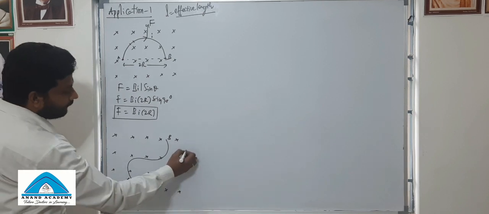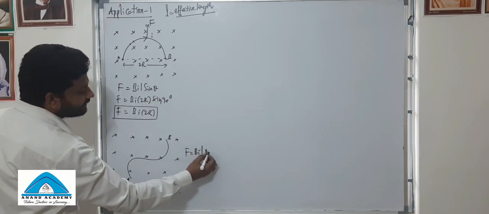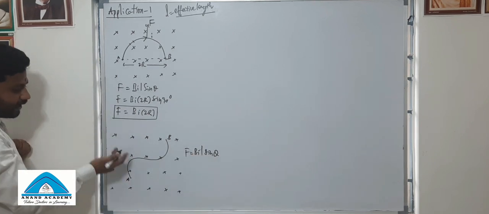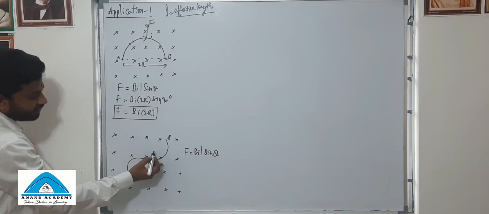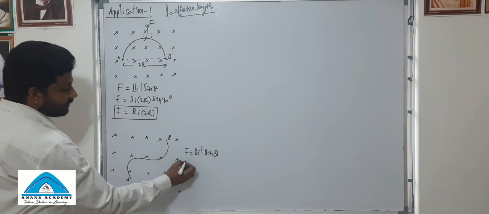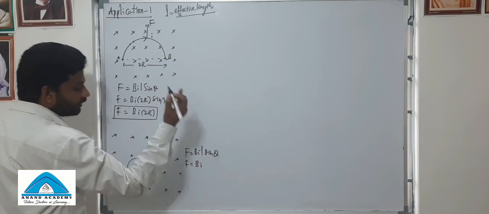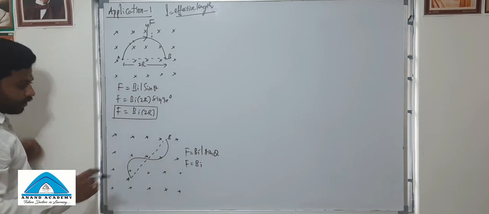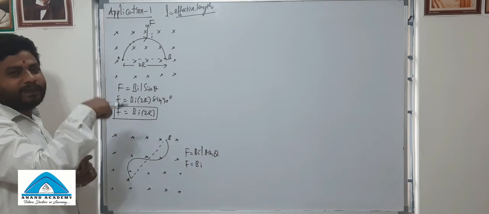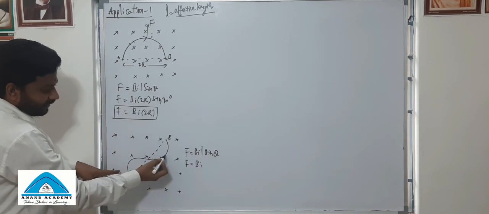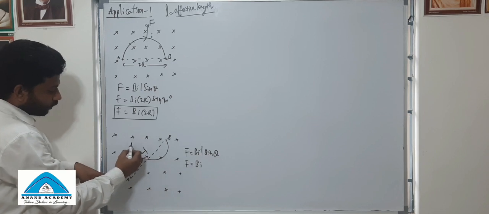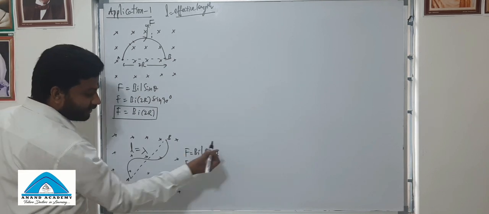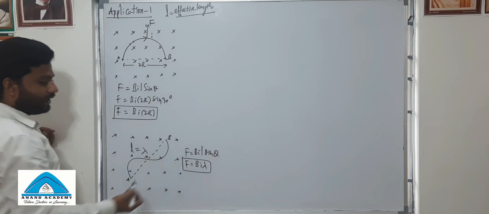We have the formula F is equal to BIL sine theta. Here also theta is 90 degrees only, because at any instant you take, this is L bar and B bar is like this, sine 90 only. F is equal to B into I into L. L is very important here. This is L. The wire is placed in a waveform, so this is like a crest and this is a trough. So this L is equal to the wavelength in this case. In the place of L, I can write wavelength lambda into sine 90, which is 1. F is equal to B I lambda.